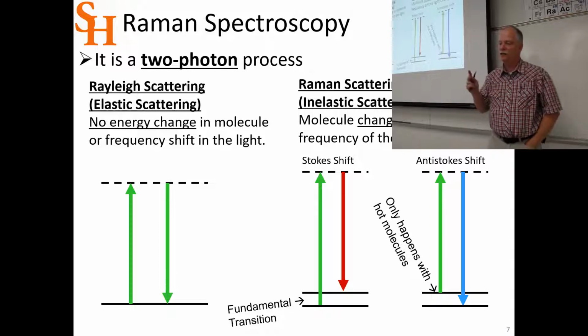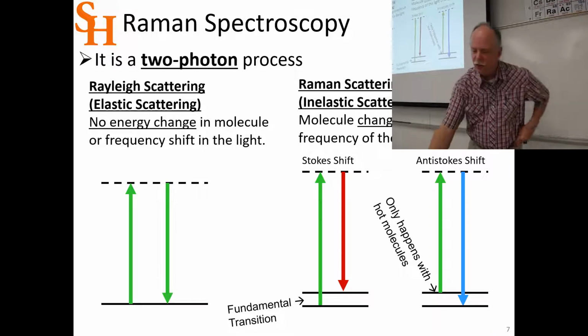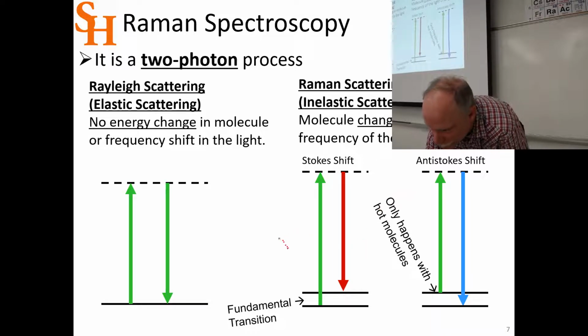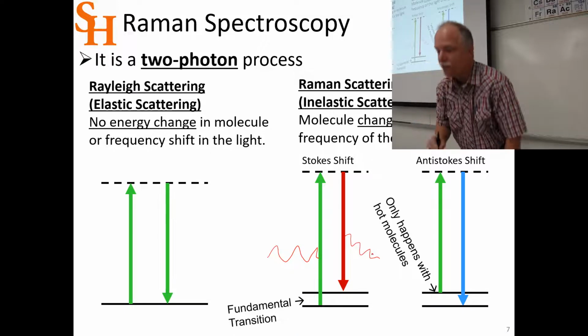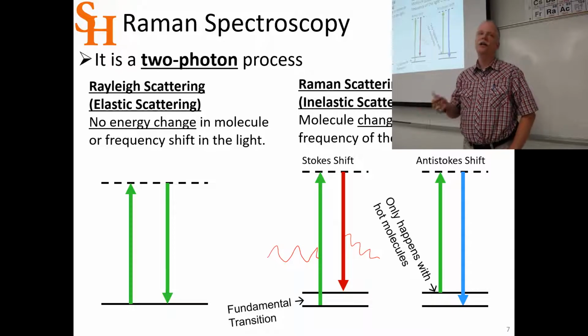Now we have 2 types of inelastic scattering. If we're in the ground state, it's more probable that we'll have Stokes scattering. So it will be the one on the left here. The laser light will come in. So your frequency comes in, and then it oscillates with the molecule. And if that beat pattern is established and it spits out an inelastically scattered photon, then that one comes out. And so if the photon is redshifted, a longer wavelength or lower energy, then that's called